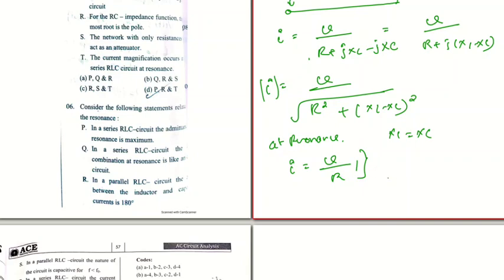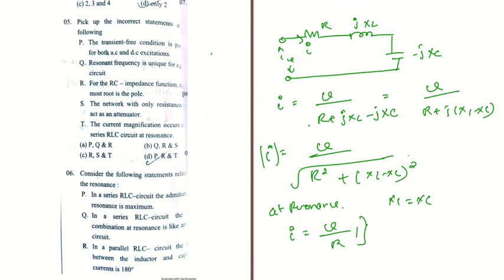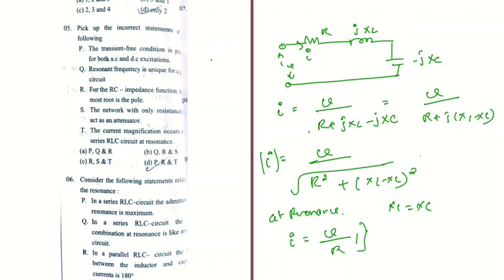Now if I take the voltage across each component at resonance, we will see the voltage across the resistance, VR, is equal to I into R. Instead of I we write V divided by R, into R. So it will be V only, no magnification is there. What is given as the input is appearing across our resistance.